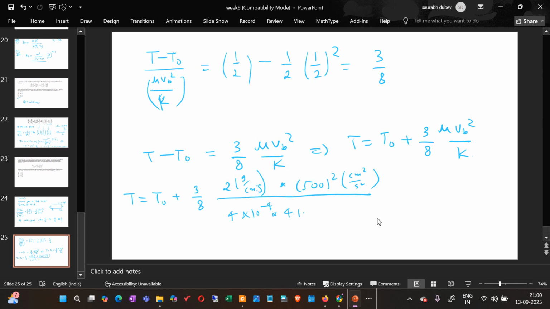Calorie you have to change, and centimeter you have to keep, so it will be gram centimeter per second. And once you solve it, you will be getting